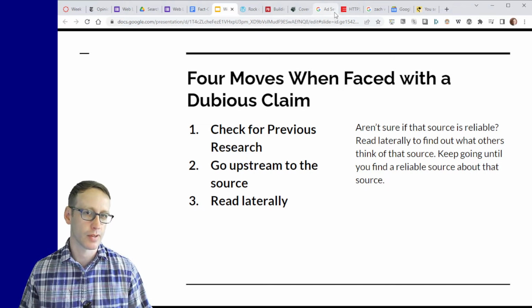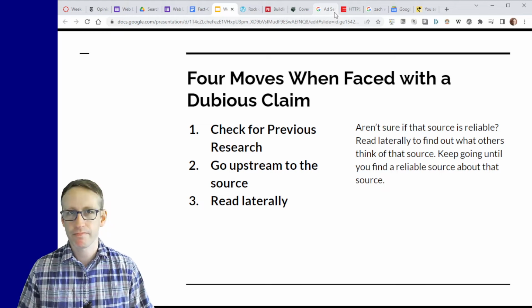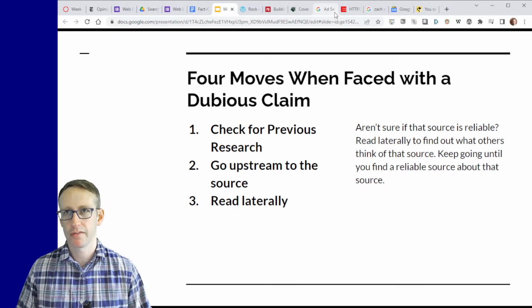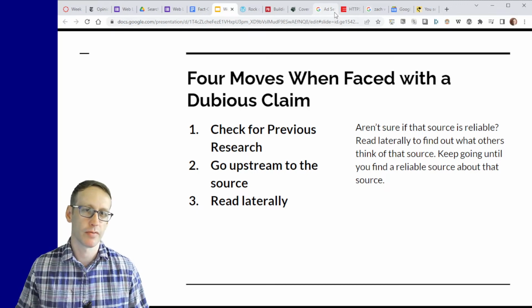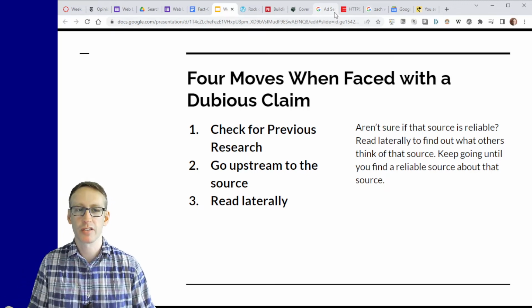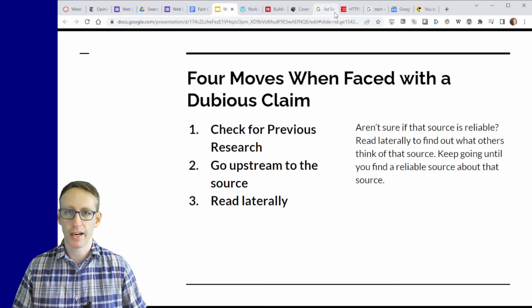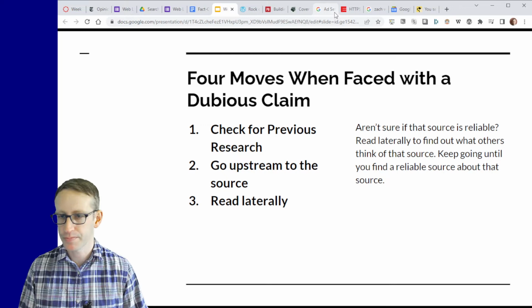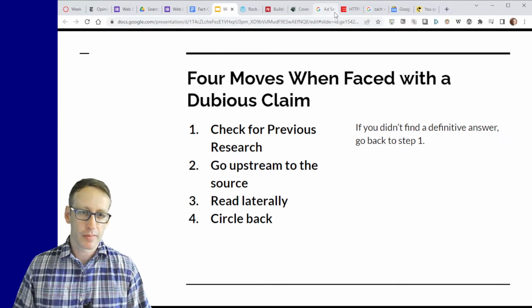Is this something that is widely cited in, let's say, the New York Times, or is it something that has its results hidden from Google because of its likelihood of unreliable information? In other words, what is the reputation of this source? And usually you can discover that by searching for information about that source. We'll talk about doing that too. That's called reading laterally. And then finally, if you didn't figure it out, then go back to step one,